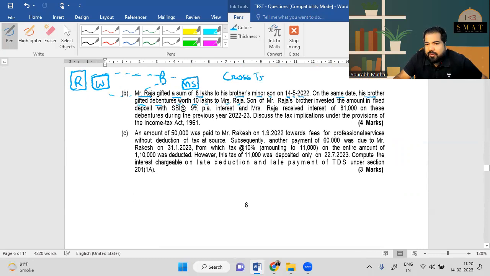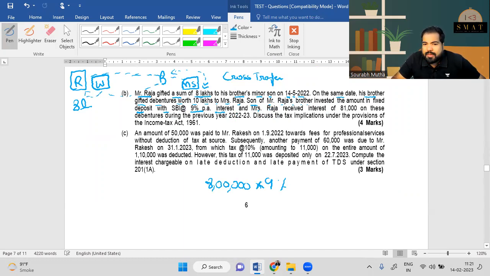Yes. Any transfer done at or about the same time with the intention to evade tax is called a cross transfer. So the common amount is 8 lakh. On this 8 lakh, whatever income the minor son is earning will be clubbed in the hands of his father, and whatever the wife is earning will be clubbed in the hands of Raja. Let's see. So the son of Mr. Raja's brother invested the amount in a fixed deposit of SBI at 9%. So 8 lakh into 9%,